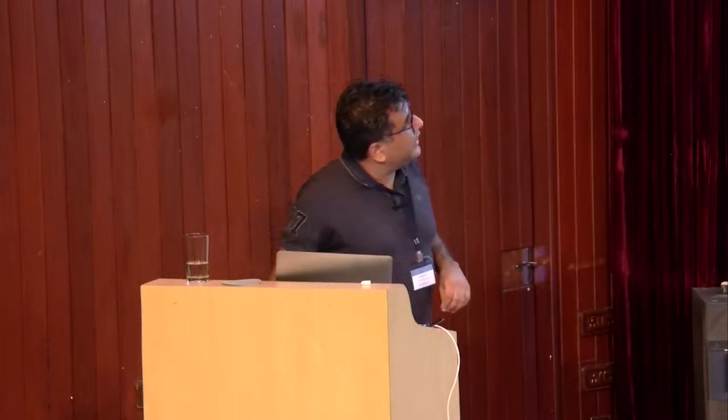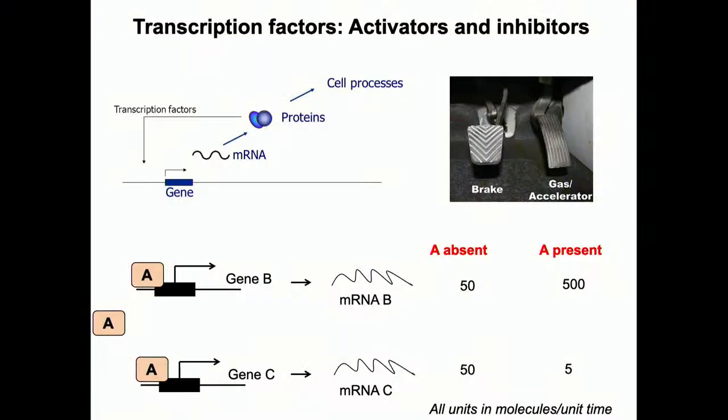Well, let's dig a little bit deeper. Now that we know how negative and positive feedback loops function, let's see if those same concepts apply when you look at our two-dimensional dynamical system at the end of the day, right? So now, just to bring everyone to the same page, this is the central dogma of molecular biology. Gene gets converted to mRNA, which gets converted to protein, which leads to these different cell processes. And some of these proteins have the potential to alter the rate of transcription of themselves or of other genes, which is what are called transcription factors, right?